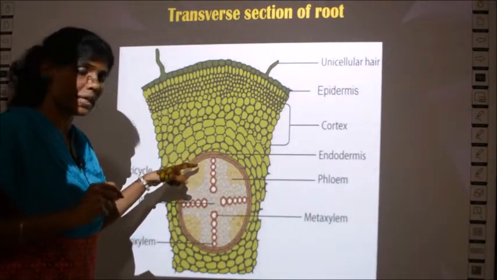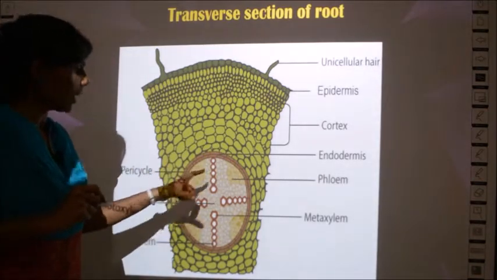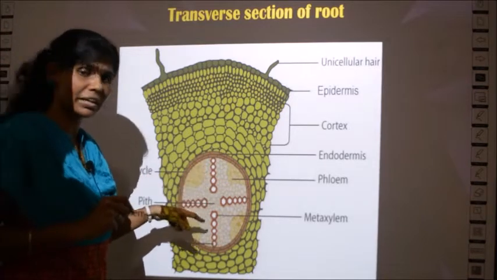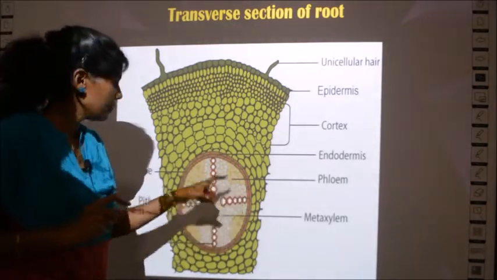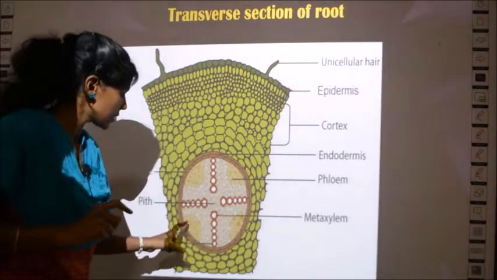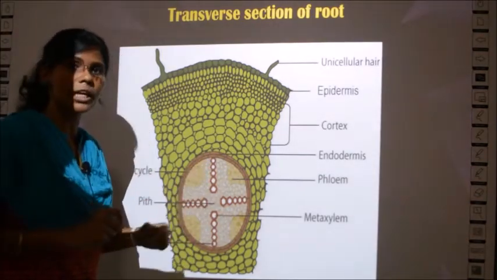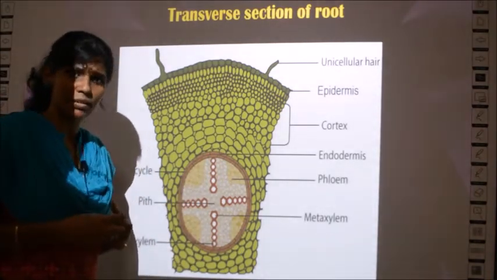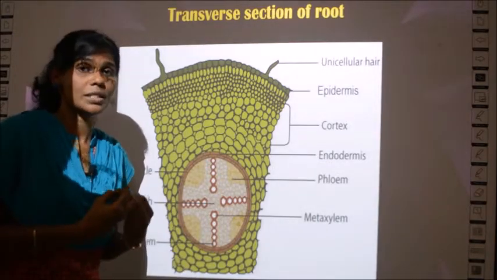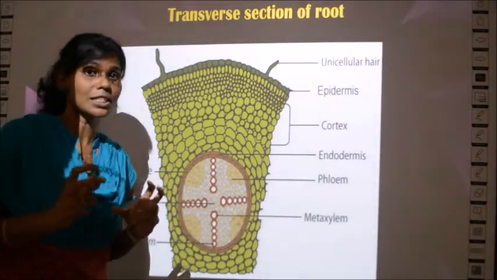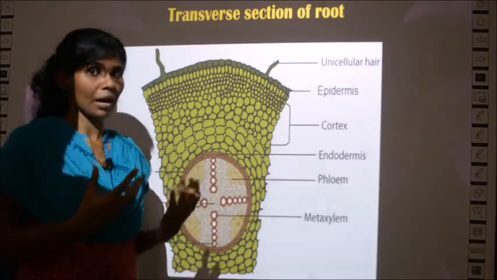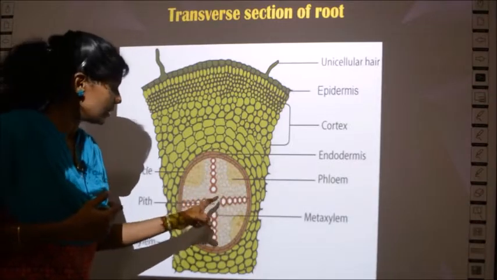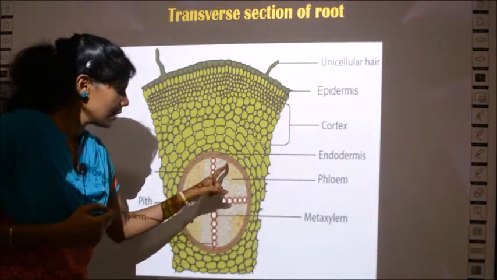Endodermis and pericycle, and inside that you have two regions. See, some dark brown circles you find, no? That is called xylem, and these semicircles, can you see, are called phloem. Have you heard the words xylem and phloem before? We have studied them in the definition of transportation. We studied that the conducting tissues, xylem and phloem, are present. They are helpful in conducting water. This is xylem and this is phloem.